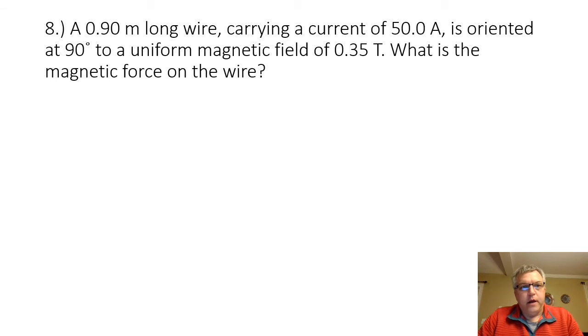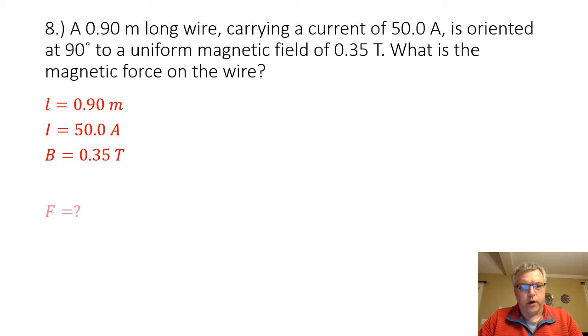Problem 8. A 0.90 meter long wire carrying a current of 50.0 amps is oriented at 90 degrees to a uniform magnetic field of 0.35 Tesla. What is the magnetic force on the wire? Well, I'm given the length of the wire at 0.9 meters. I'm given the current at 50.0 amps, and I'm given the magnetic field of 0.35 Tesla, and I am looking